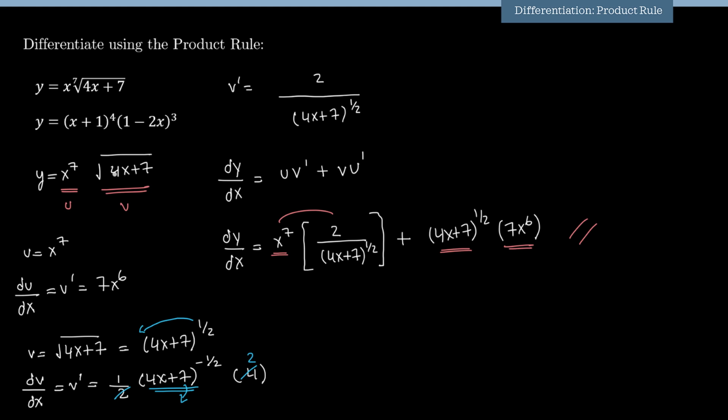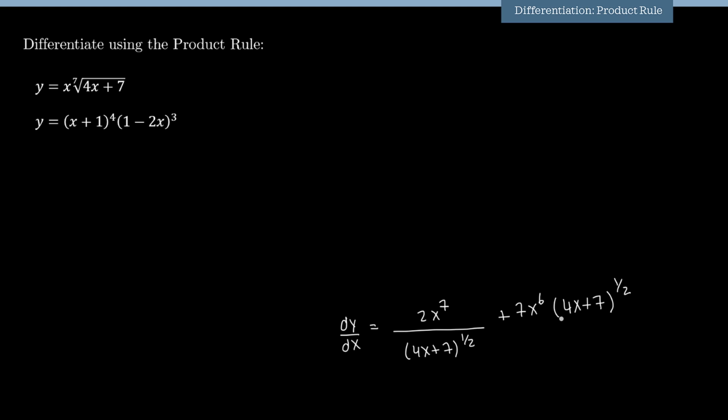So dy upon dx is going to be equal to 2 times x to the 7 is 2x to the 7 divided by 4x plus 7 whole power 1 upon 2 plus 7x to the 6 times 4x plus 7 whole power 1 upon 2. In order to add two fractions, the denominators must be the same. The denominator of this term is 1. So I'm going to make them same by cross multiplying,